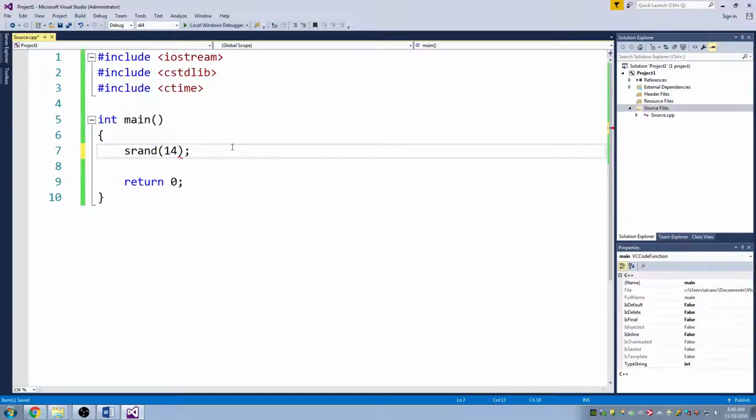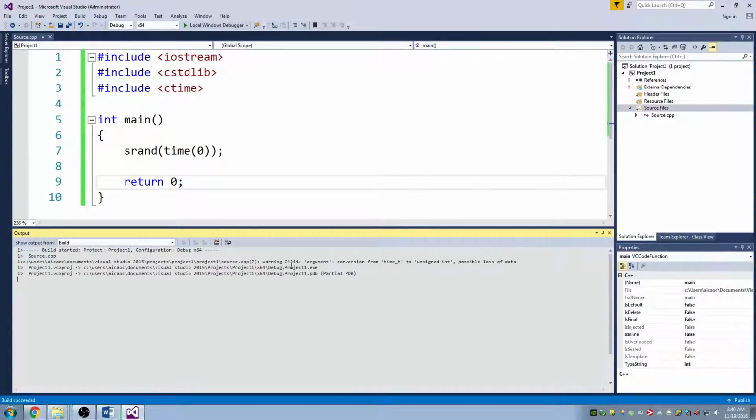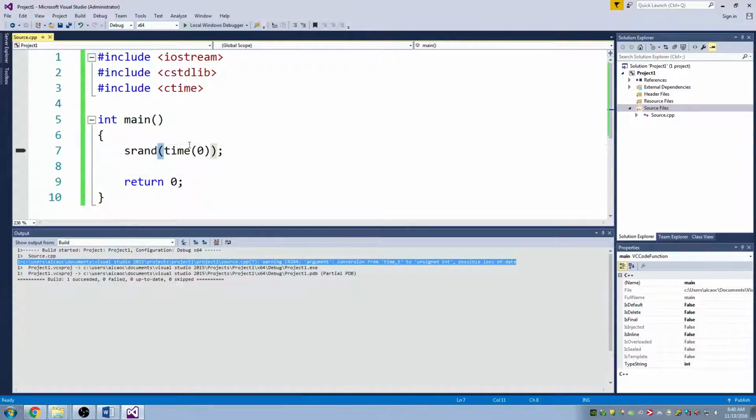So you could put like 14 here, but remember you want to pass in time. And when you're passing in time here, normally you get this warning saying conversion from time_t to unsigned int. So you can just get rid of that by doing a static cast for unsigned int around this guy here. This whole line is something I just want you to do and just copy and move around and use over